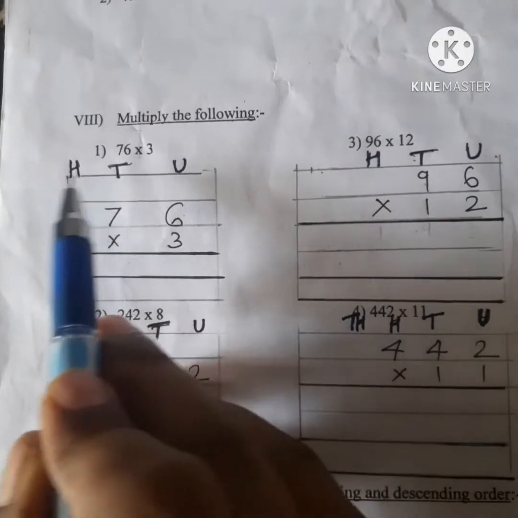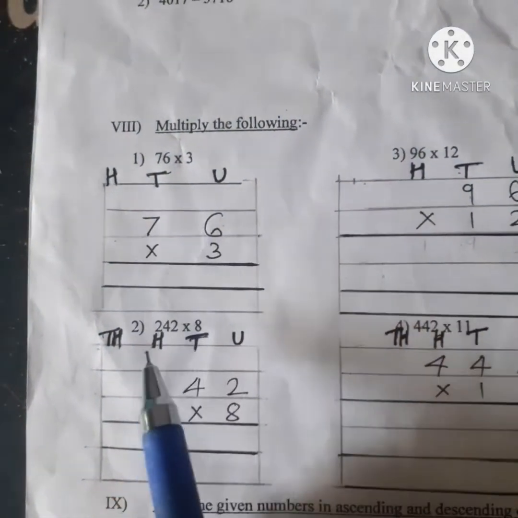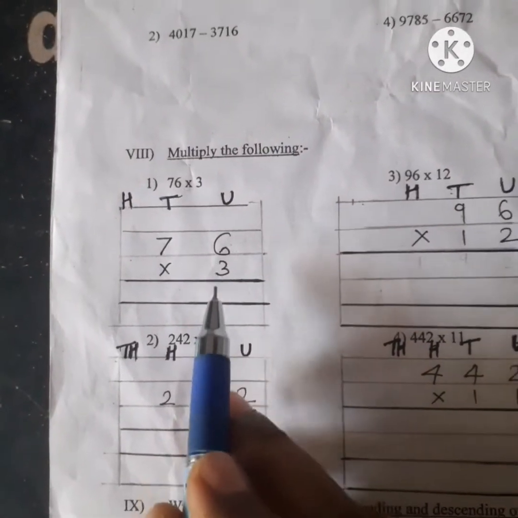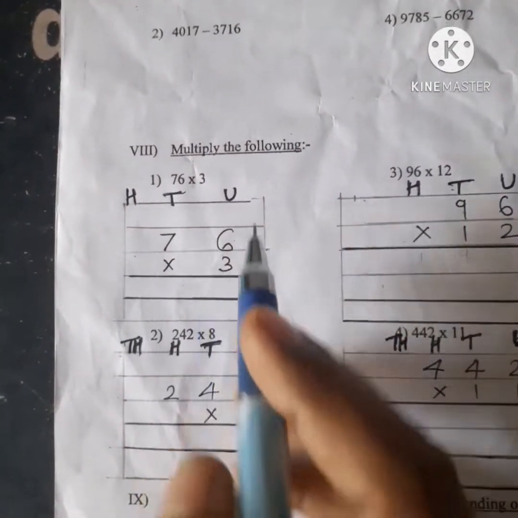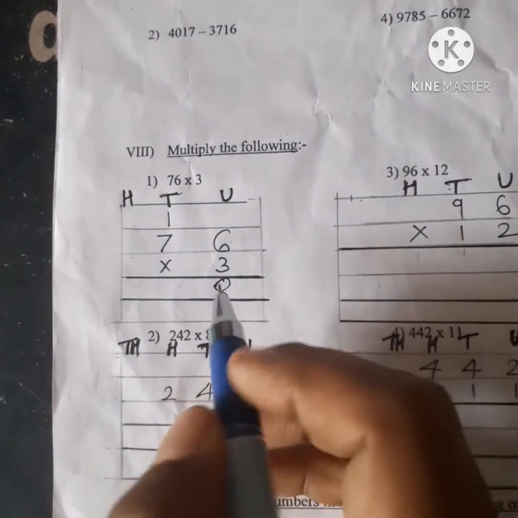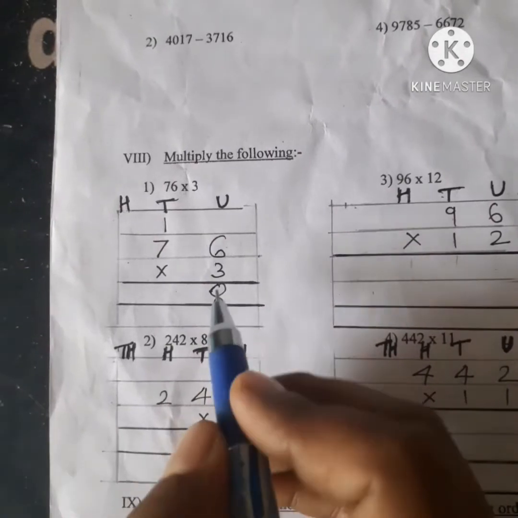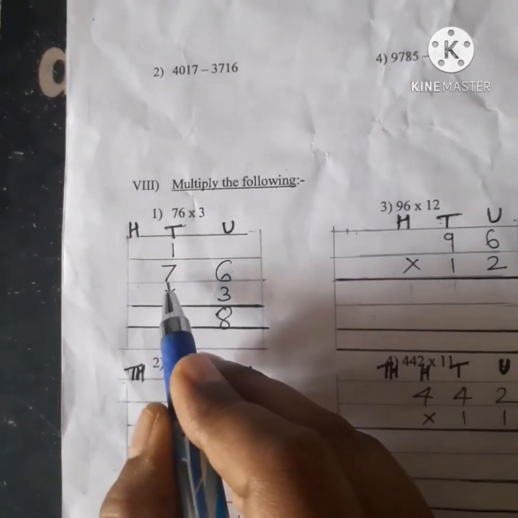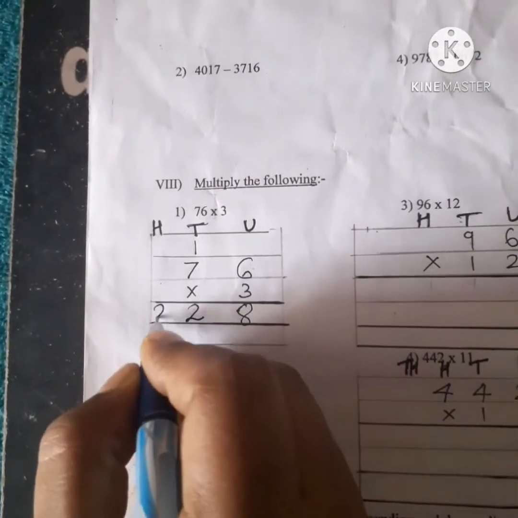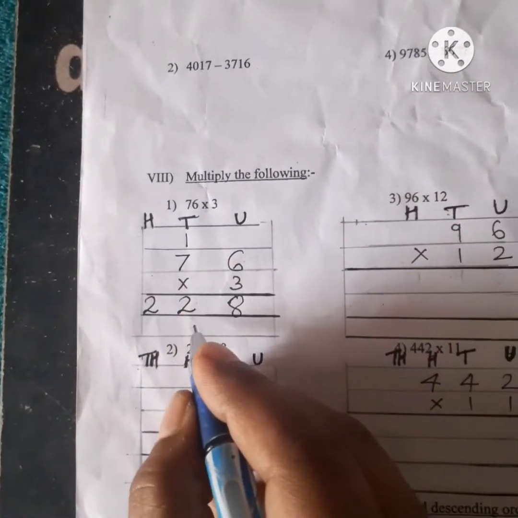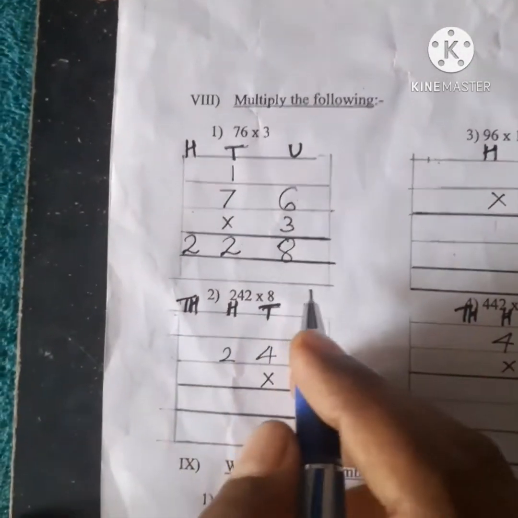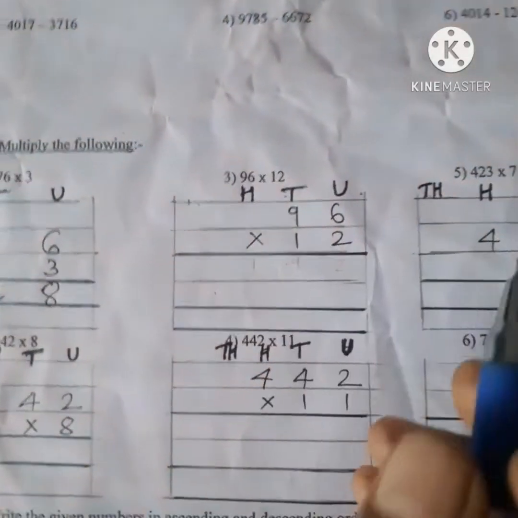You have to write unit, tens and hundred place and leave one line for carry. So let's start. We'll start with unit and then unit with tens. 3 6s are 18. So 1 you will write here and 8 you will write here. Then afterwards unit with tens. 3 7s are 21. 21 plus 1, 22. This way you will write 2 in hundred place, and this next 2, 22, in tens place, and 8 you will write in unit place. So the answer is 228. Now second question.